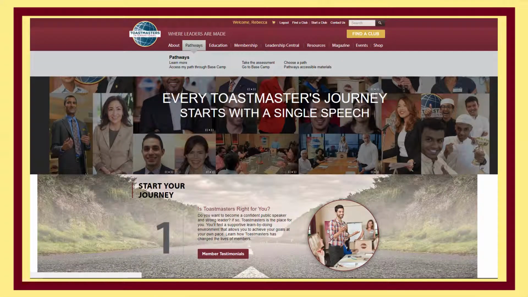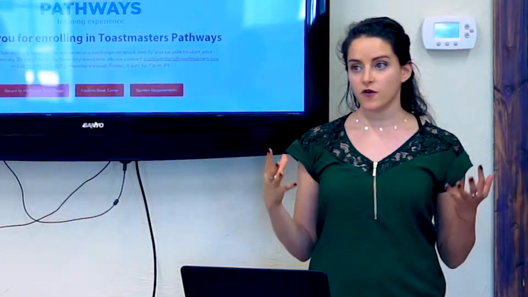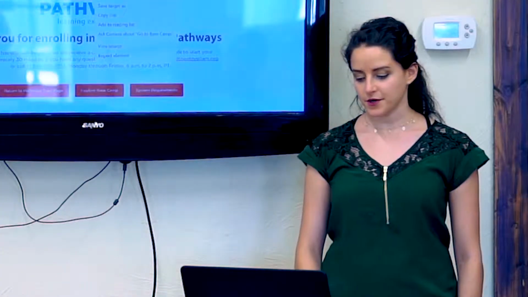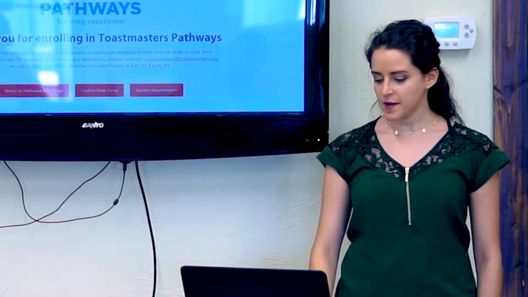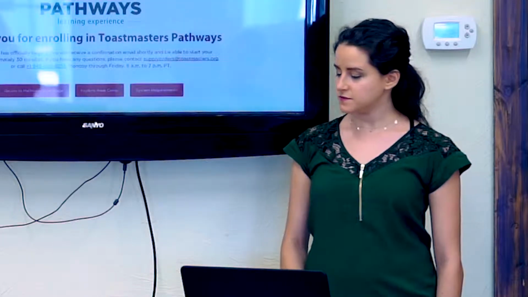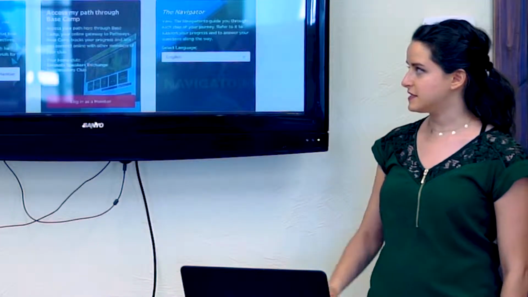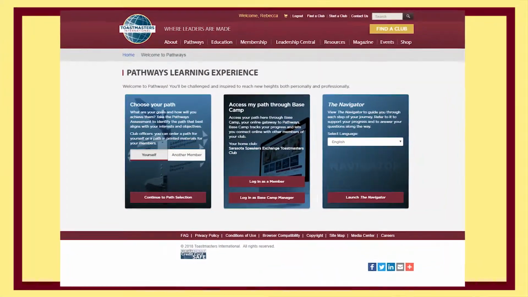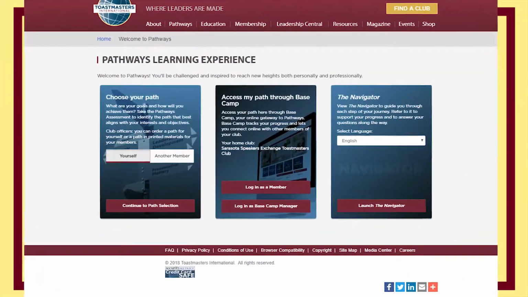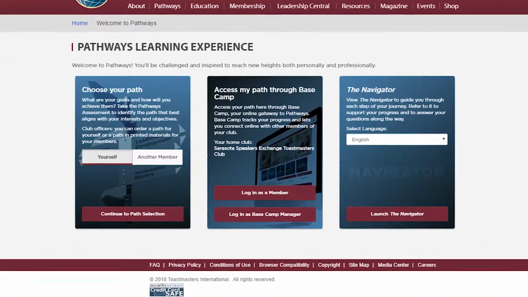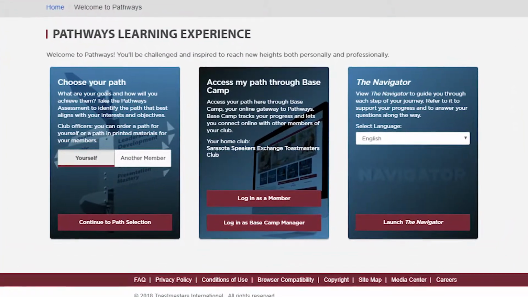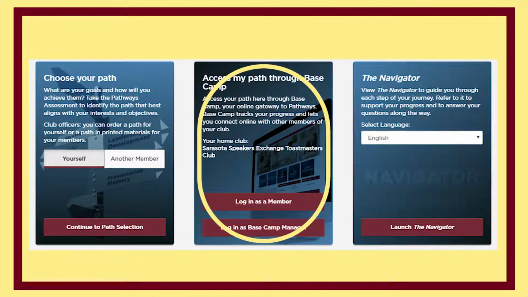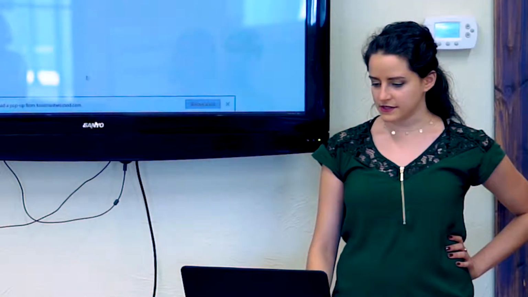So we're going to go and click on Go to Basecamp. Basecamp is the learning software we're going to use for the rest of our time here. So click on Go to Basecamp, and it will take you to something that we've already seen, these 3 boxes. Do you remember which box I said you'll probably use the most often? The middle one. You're going to use this middle one, and it says access my path through Basecamp. So I'm going to click that box in order to get into